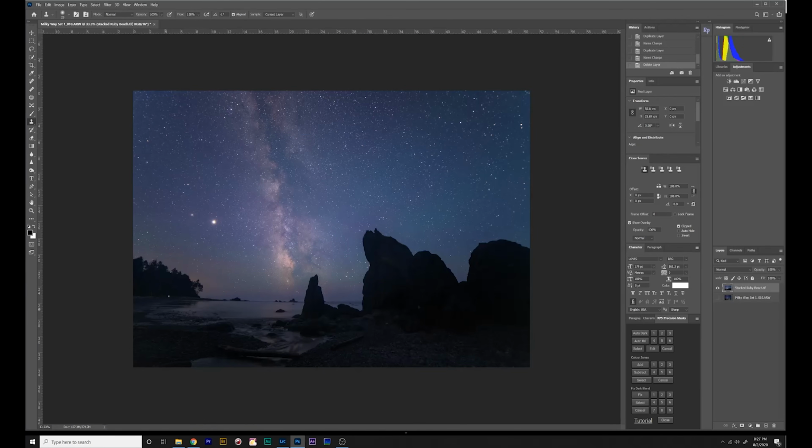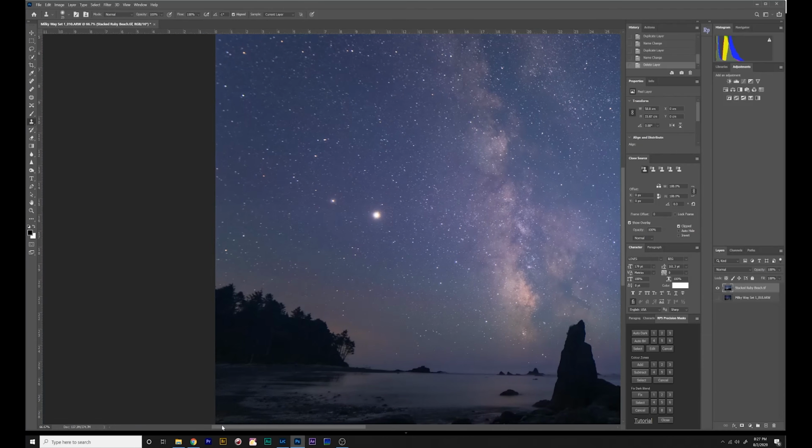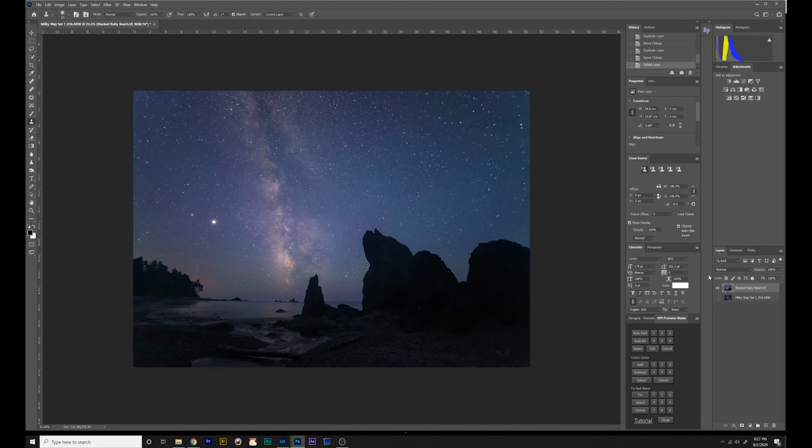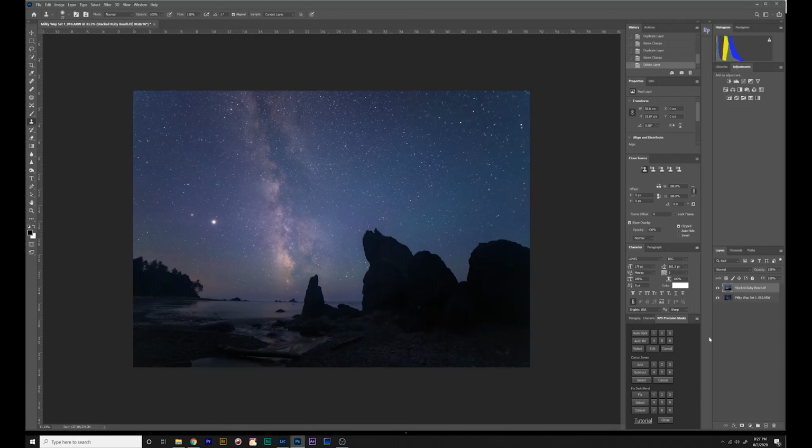I might be using some of this foreground here since with the stacking we did denoise it quite a bit, and for some of these dark areas it might be useful. We're probably just going to paint in the lighter parts of this area as needed. So I'm going to duplicate this and make a quick selection of the sky, and we don't have any trees except for this area, so it'll be fairly easy to deal with this. Make sure you don't select the water by accident,